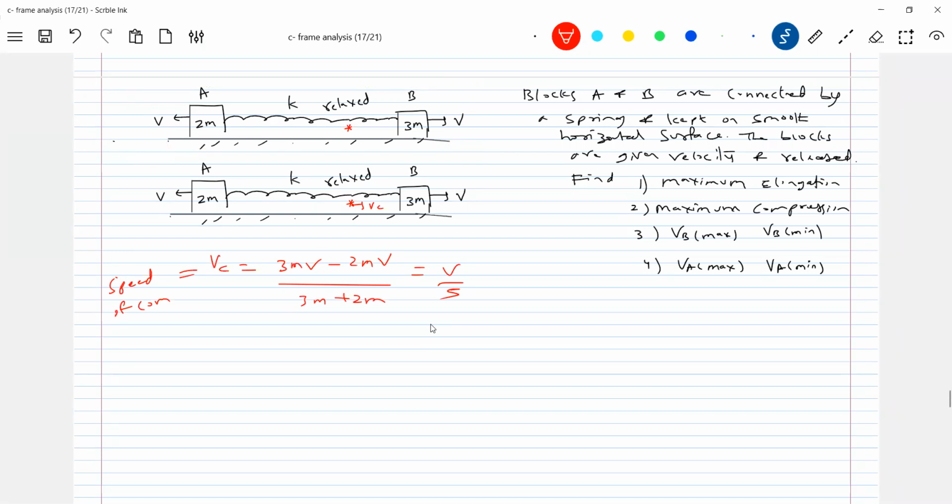So finally, what happened at maximum elongation? How should the velocity of the blocks be? In the direction of the velocity of center of mass only. So at maximum elongation,